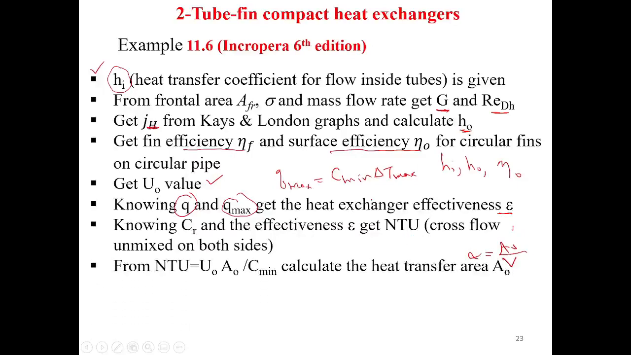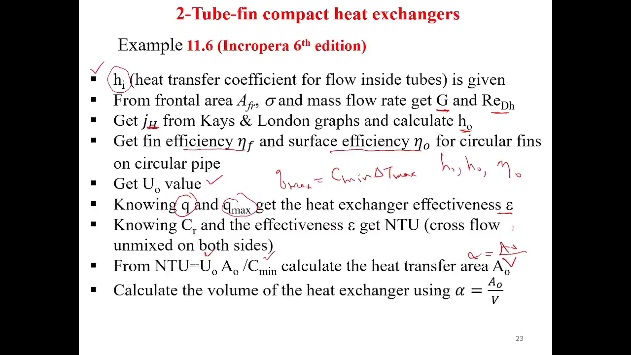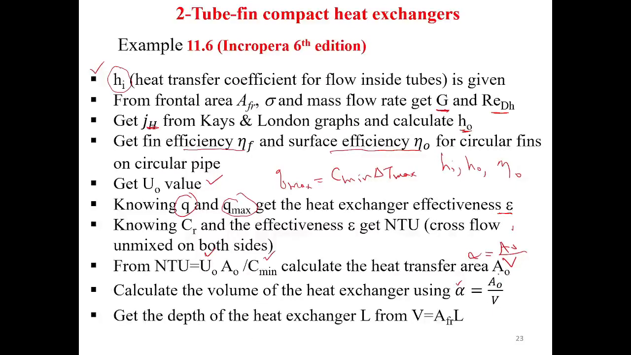So from the figure or the relations, you can get the NTU. Once the NTU is known, since this one is known and this one is known, you can get the heat transfer area. Then you can calculate the volume, since alpha, as you said before, is known and A0 has been calculated. You can get the volume of the heat exchanger, from which also you can get the length of the heat